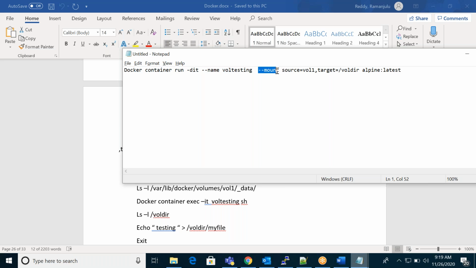I'm mounting my volume one to this target, this mount point. I'm creating the new container from this image. Alpine is also one of the images. You can take whatever image you require, existing images or new images. Using this image I create the new container, name it, and mount the volume I just created on this target point.